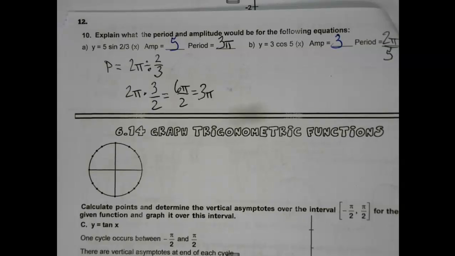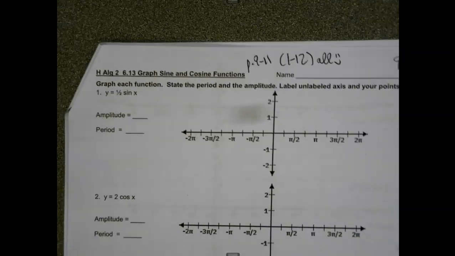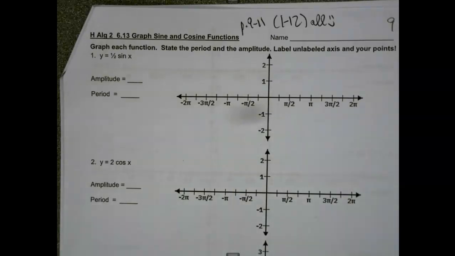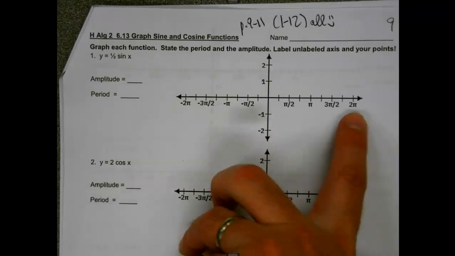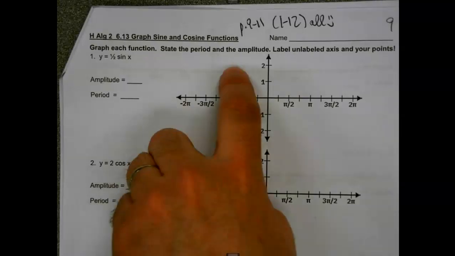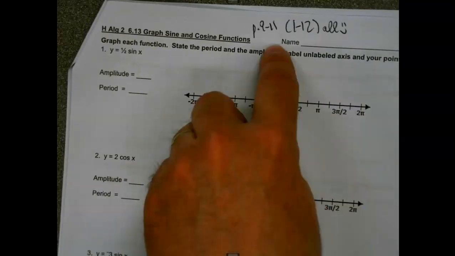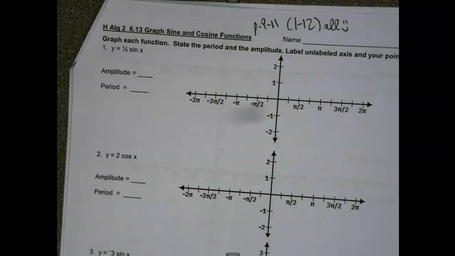So, here's the deal. It's going to look kind of familiar. In the practice, now you know all the things to be able to knock these out. Like I said yesterday, if you have the blank graphs, make sure you're labeling your axes. If you need to change something or add something in because maybe it got squished together, maybe it expanded, make sure you're doing that. But I don't need you to show me every single point and label it. I know for the odds, if you're looking at those, they are. I'm more interested that this is right and I'm seeing the right height of your points when you're working on